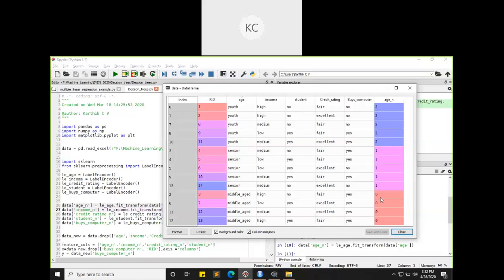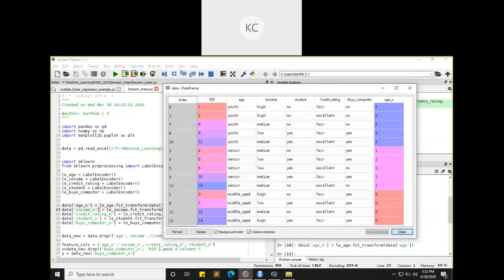See what the label encoder and fit_transform have done: it has created a dummy variable for this particular age variable. When we create dummy variables, we get binary values, but here I have decimal values, that's all.